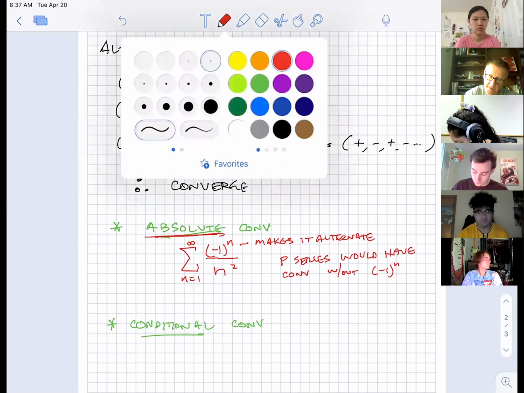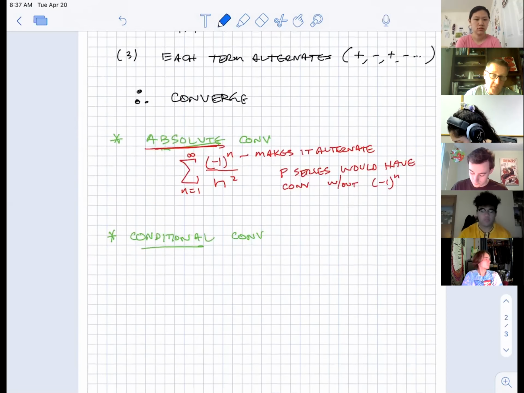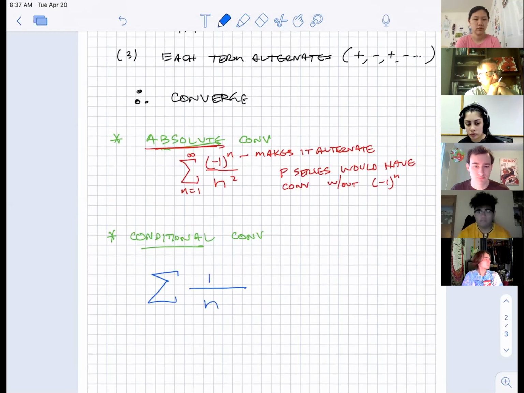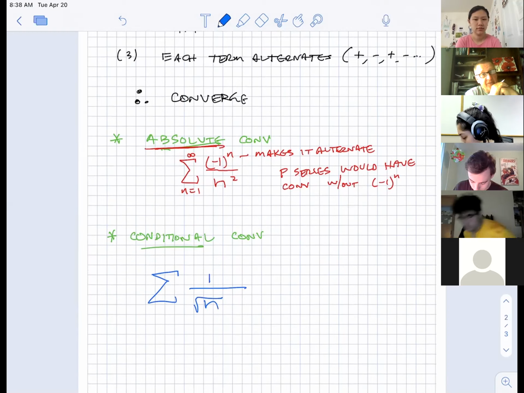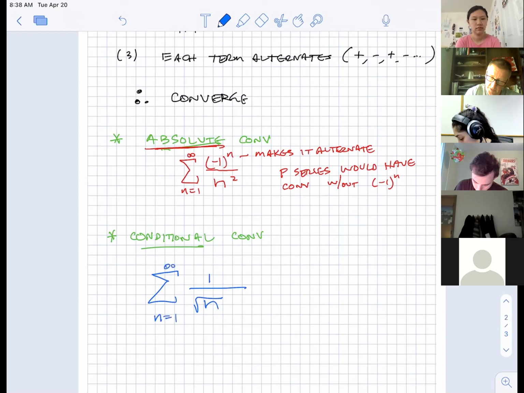Whereas, perhaps you can read my mind here. What am I going to say next? Can you make up a series that would not have converged by the p-test? If I make up a series that doesn't converge by the p-test, n to what power? What's an example? 0.5. Yeah, like 0.5, anything less than 1. So I could say 0.5, and maybe I'll even write that as the square root, just since you happen to choose such a nice exponent. And remember, that's the p-series in disguise, right? Because that's n to the 1/2 power. And so that would not have converged, right? We would have said this diverged,